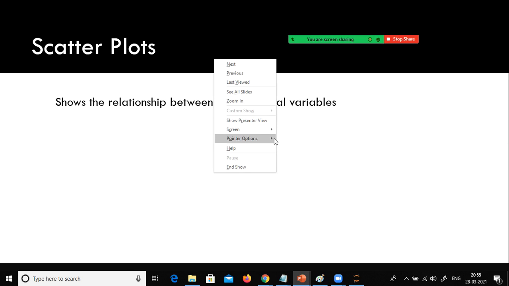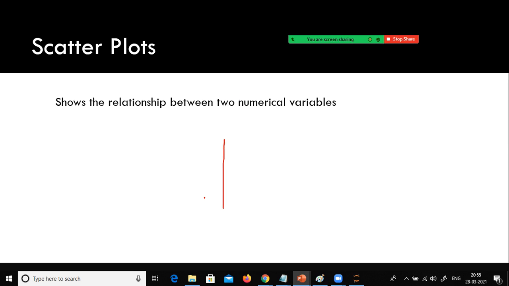For example, this is my scatter plot. Let's say this is my sales, and this is my discount.